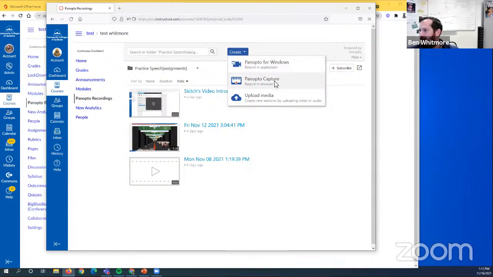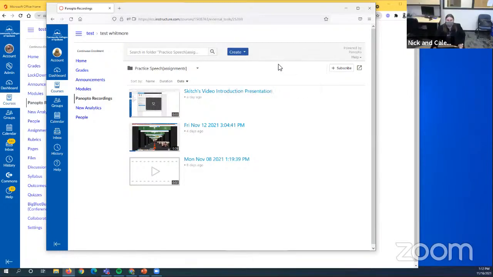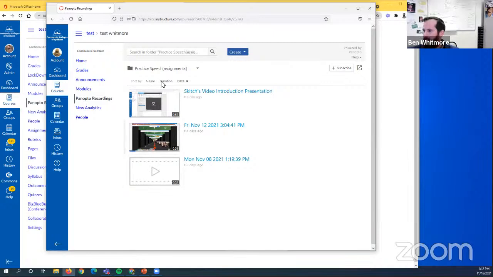But you can use Panopto capture, but I'd give them a couple practice assignments, because even I got confused on whether or not I was sharing my screen or not sharing my screen. And when I thought I was, it ended up just being a black screen. So I really don't recommend it after using it quite a bit. It was beta like a couple of months ago, and so I think it's still kind of beta, but it is an option for Chromebook students who really want to get in there and figure it out. But yeah, students go in there, they click on it, and then they can go ahead and upload presentations and